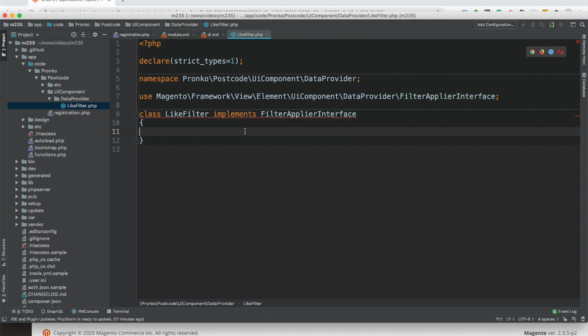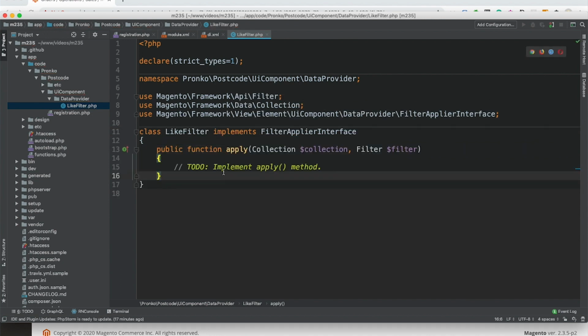If we check the interface, there is a method that we have to implement called apply, and it allows us to get access to a collection. So basically this is the object we're going to modify with our custom logic, based on the filter which we will use in order to provide some filtering field and value for this collection.